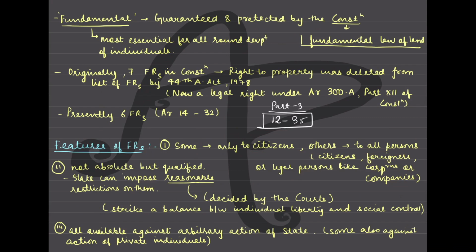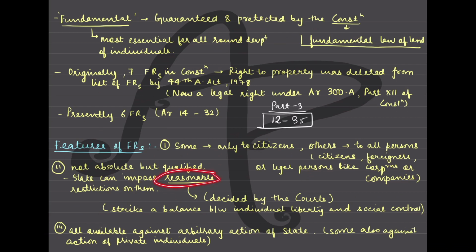Secondly, fundamental rights are not absolute, but they are qualified. So they are not absolute rights. Absolute मतलब something which cannot be taken away or something which cannot have restrictions imposed. कि एब्सोल्यूट बस कर दिया तो कर दिया. No, they are qualified in the sense that states can impose reasonable restrictions on them. ठीक है, this is what you have to remember. States अगर चाहें तो reasonable restrictions लगा सकती हैं. ये क्या होते हैं ये हम देखेंगे जैसे हम rights पे पहुँचेंगे.